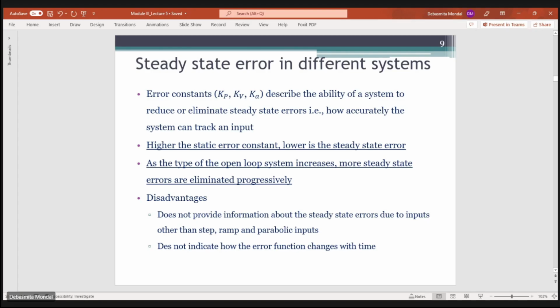Now, there are actually some disadvantages of steady state error also. Disadvantage in the sense that they do not provide any information about how the steady state errors